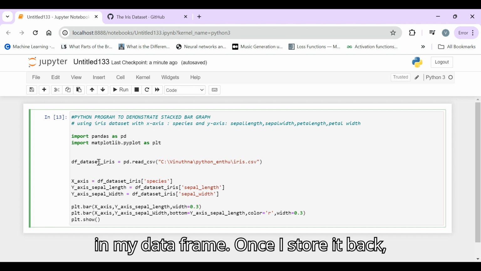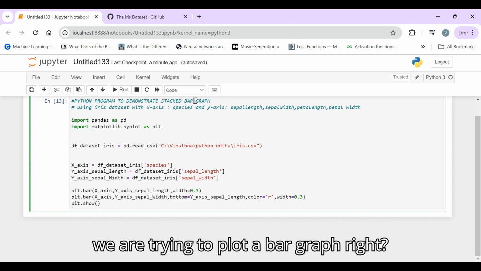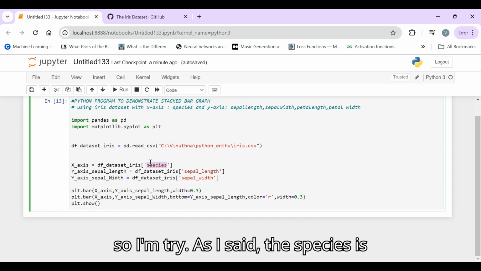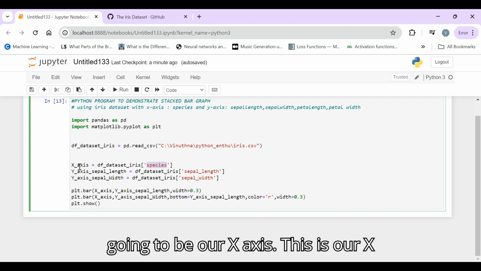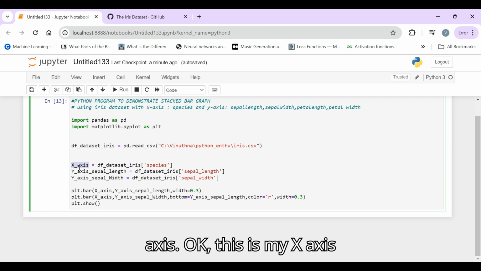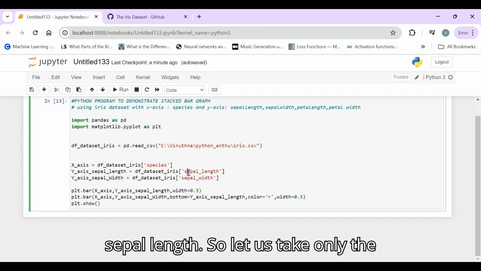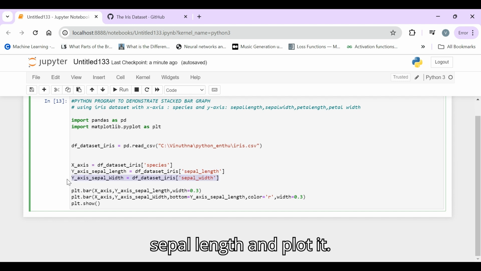Once I store it back, we are trying to plot a bar graph. So df_dataset_iris of species is going to be our x-axis. And for the y-axis, I'm taking the sepal length. Let us take only the sepal length and plot it.